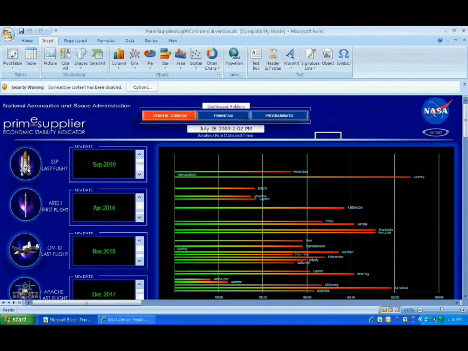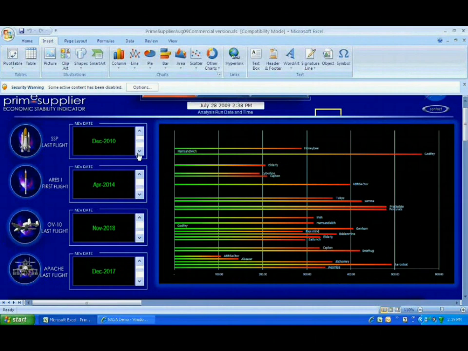And essentially what you're looking at is, of course, in this case, I've got shuttle listed, and I'm playing with a top-level aggregate of the data variables that are going in to determine that economic stability indicator itself. So if I was to, for example, play with the end of shuttle in this case, or it could be end of the product offering, you'll notice that based on all of these data points, and as I move out the last flight, the model in a sense is showing and reflecting, for example, those various impacts to the supplier